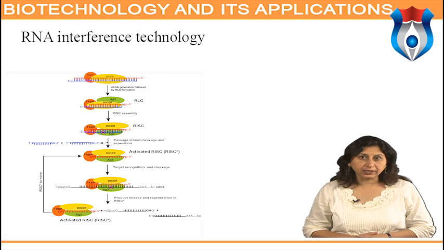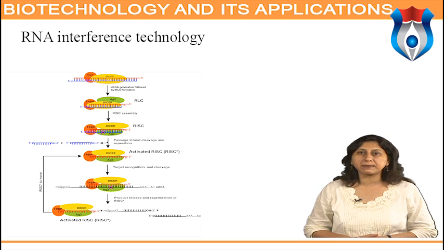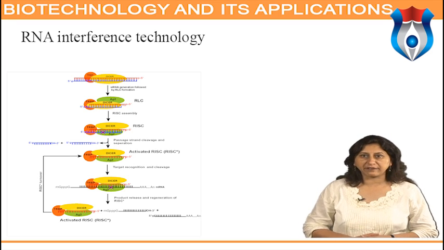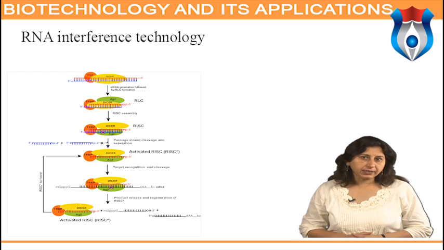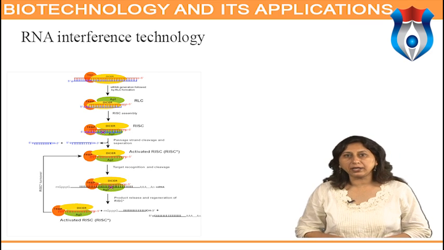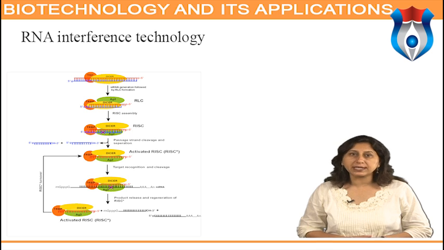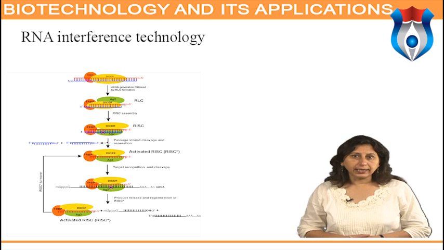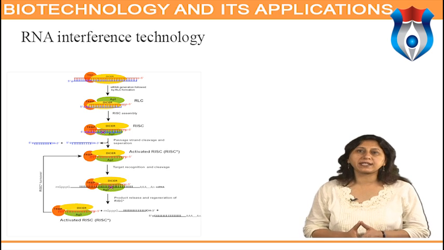RNAi takes place in all eukaryotic organisms as a method of cellular defense. This method involves silencing of a specific mRNA due to a complementary dsRNA molecule that binds to and prevents translation